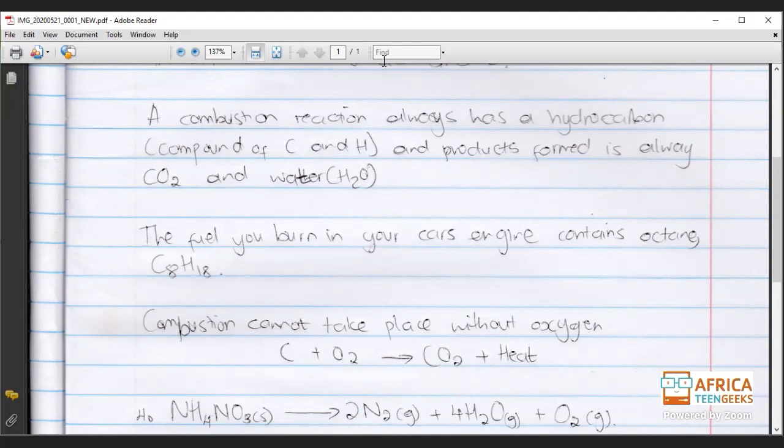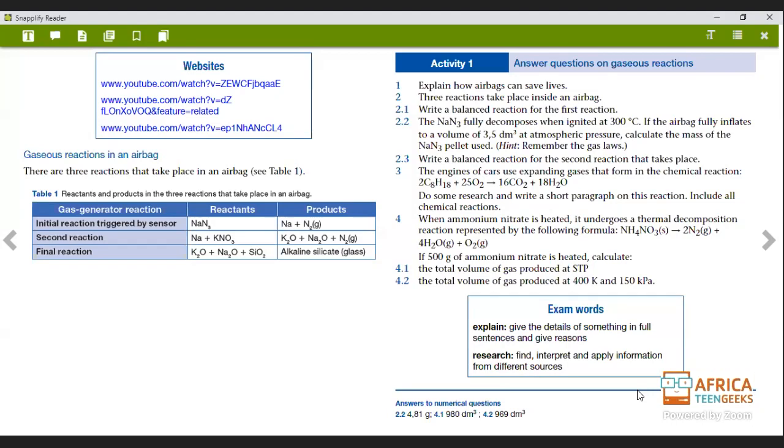So don't be too confused with this one, because here we're strictly talking about explosions. Okay, so going back to the question that we are doing here. On number 4, they say when ammonium nitrate is heated, it undergoes a thermal decomposition reaction represented by the following formula. Okay, this is our formula. So they say here, if 500 grams of ammonium nitrate is heated, calculate the total volume of gas produced at